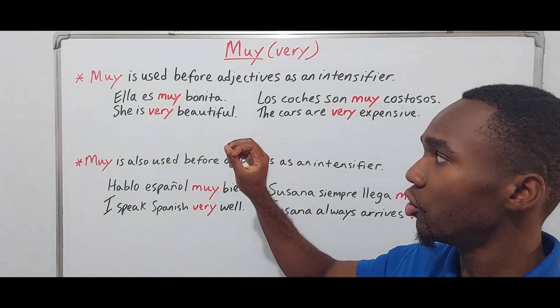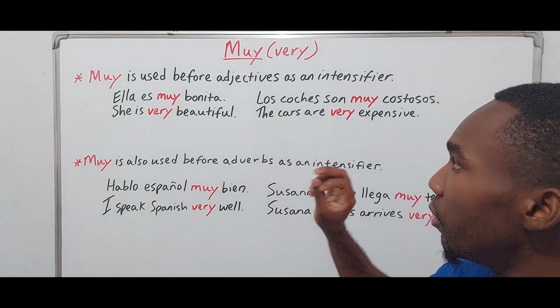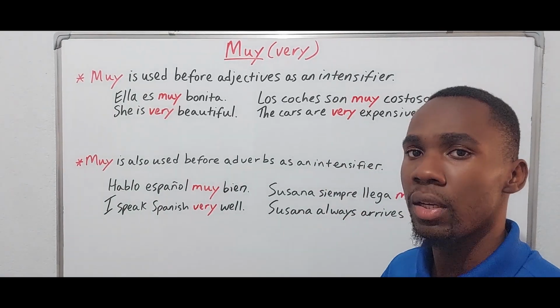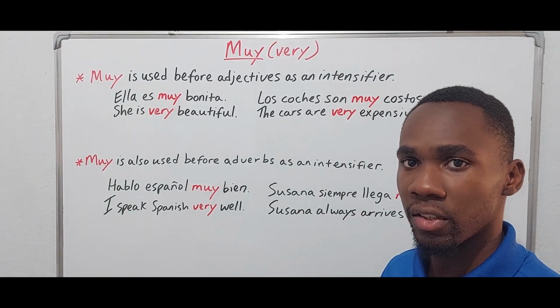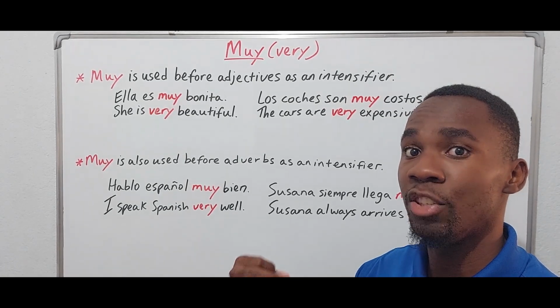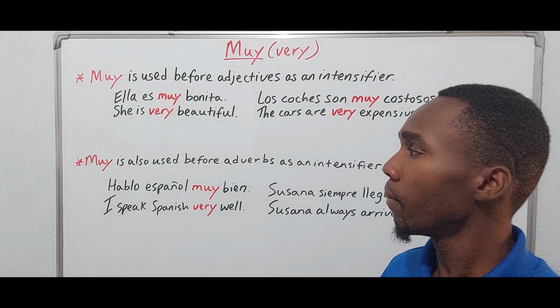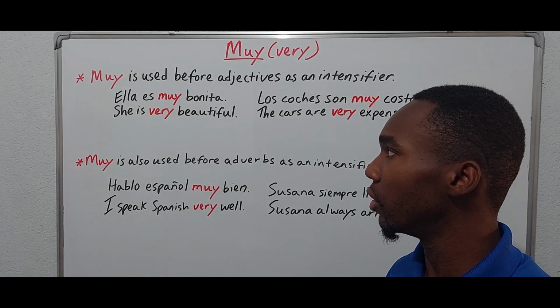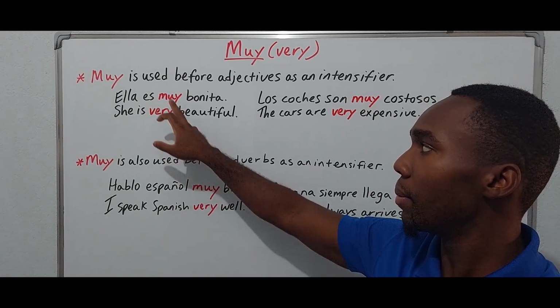So the first usage is that muy is used before adjectives as an intensifier. So as an intensifier, this means that it adds emphasis to that adjective, right? It adds a higher level of degree to that adjective, right? So ella es muy bonita. She is very beautiful. And you would also notice that muy